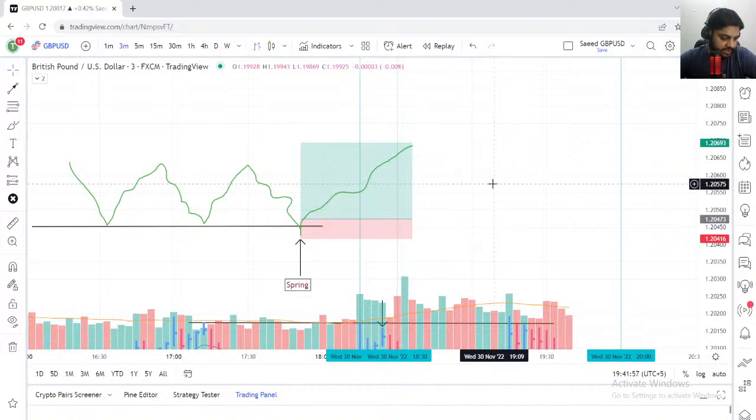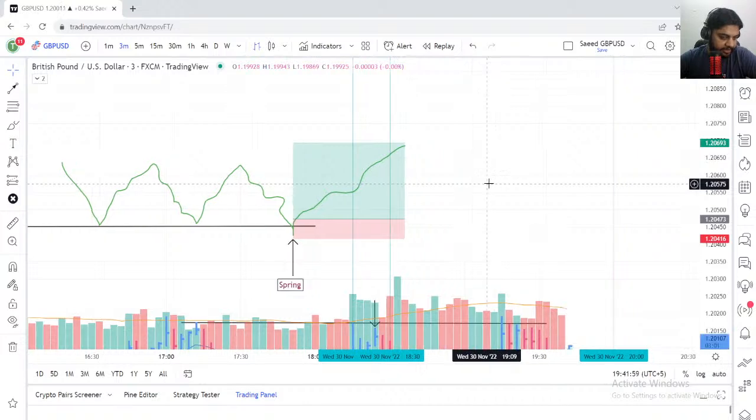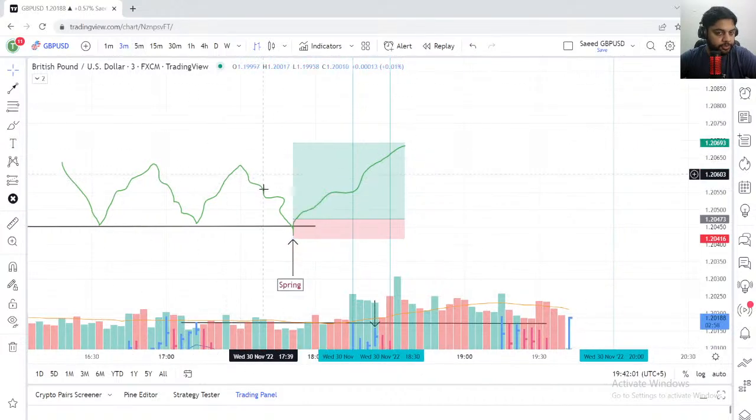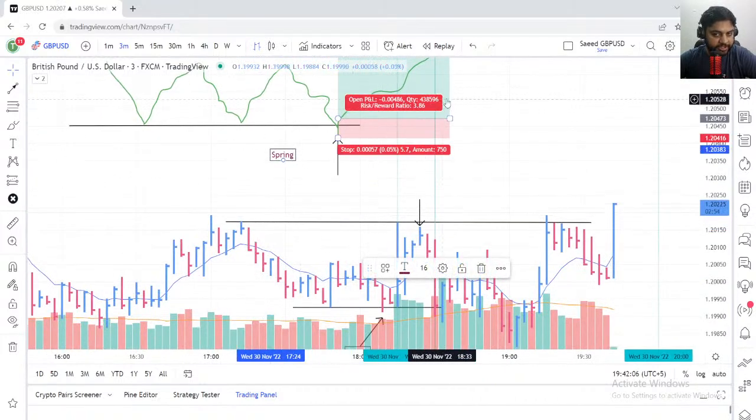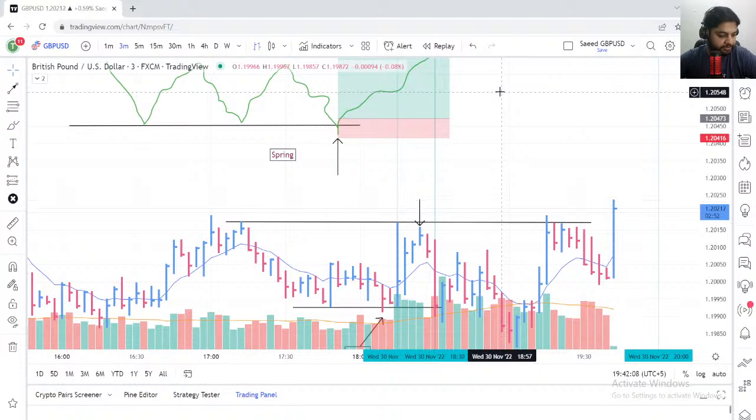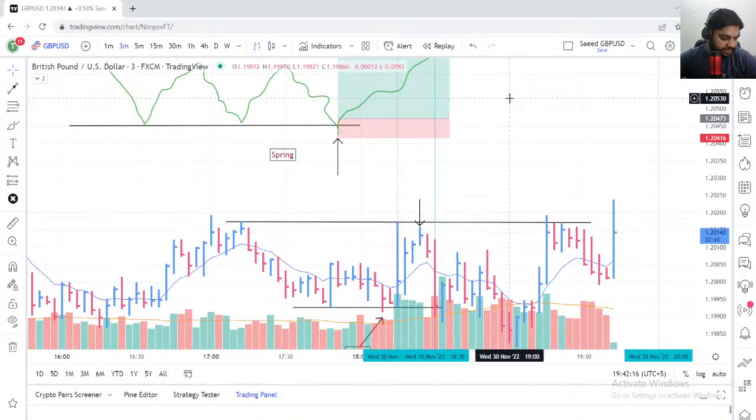Prabhar Roy is asking, sir, your analysis is on the 3-minute time frame. Yeah, it is on the 3-minute time frame, but you can do it in any time frame you like. It's almost the same. The market structures are the same in all time frames, so it does not matter. Yeah, the news are risky. Of course, I know the news are risky, but we have to be careful with our trades, right? That's why we have to be careful.